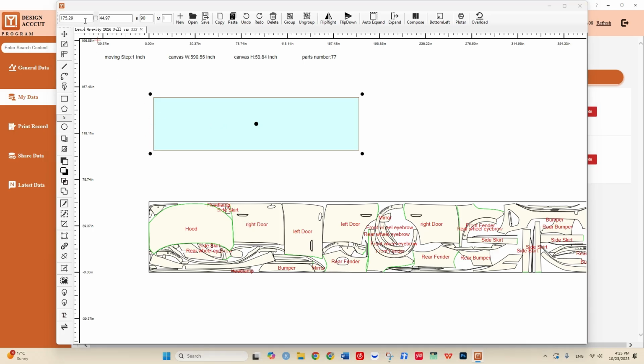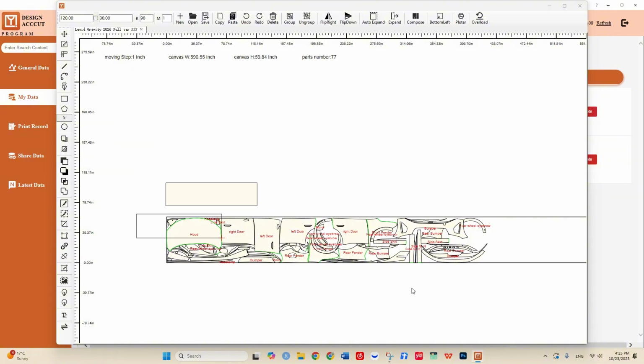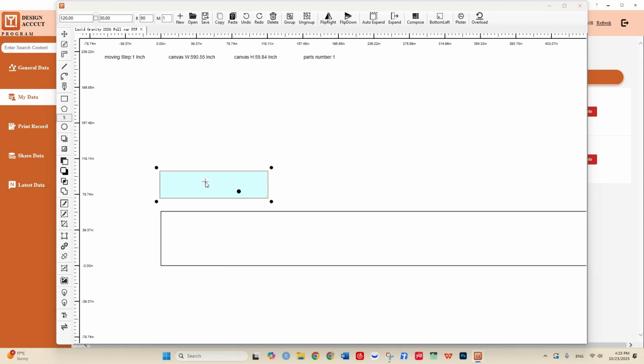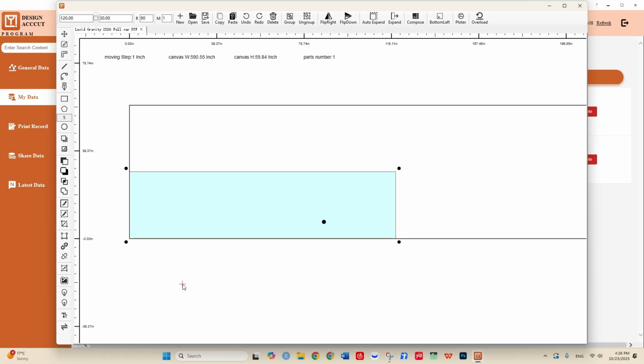So if you want to do the normal bumper size, we can change it to 120 inches, okay, sorry, 120 inches, 10 feet, and change it to 30 inches for the width. I mean for the height in the PPF slices. And we just delete all of them, and you can allocate this one on the PPF you put on the plotter, choose the bottom left, and you can cut these pieces